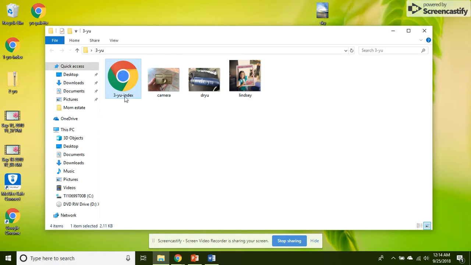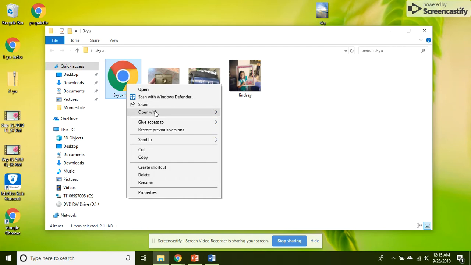So yours is going to say 3, your last name, dash index, with the .html assumed. All the edits we're going to make will be in this particular file. I'm going to right click, hit open with,